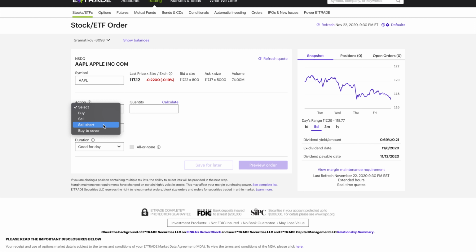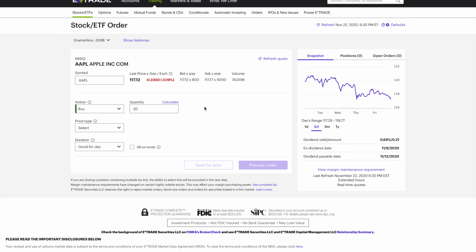And to do this, you are going to borrow shares from some person that already bought the shares, and they're offering the shares to people who want to take the opposite side of the trade and are trying to short the stock. And buy to cover is how you close your short position if you decide to place a short order. Now for our example, we're just going to select buy and put the quantity, let's say